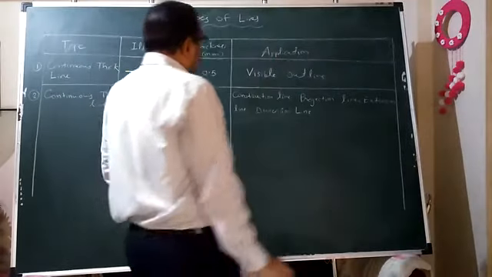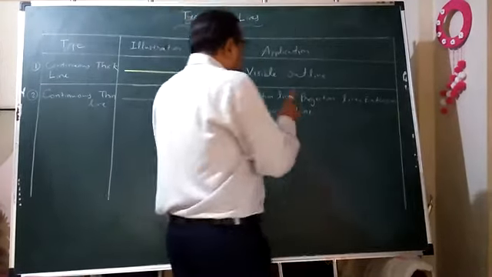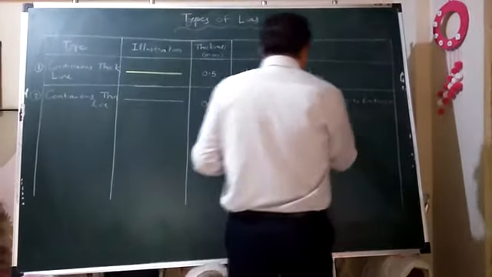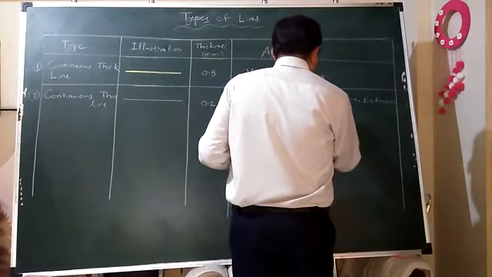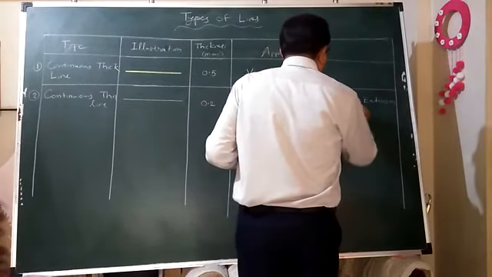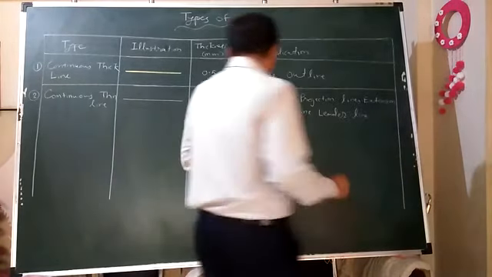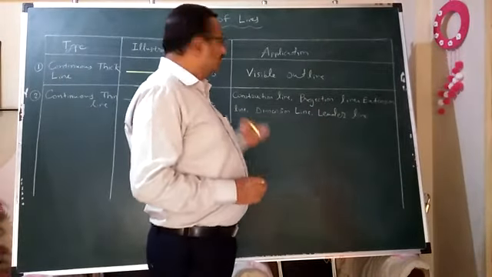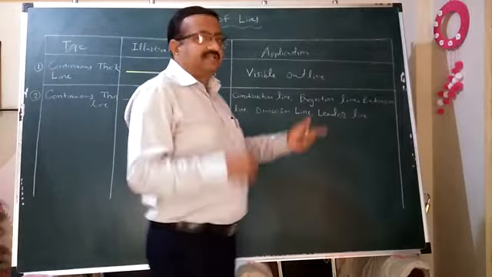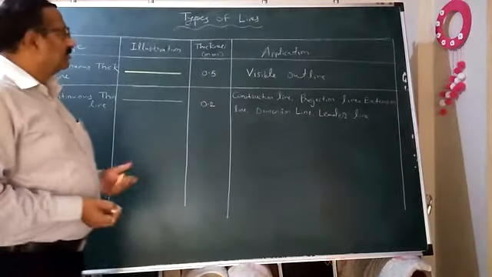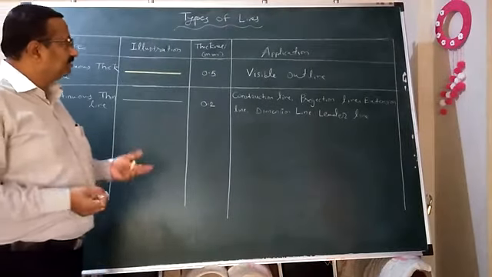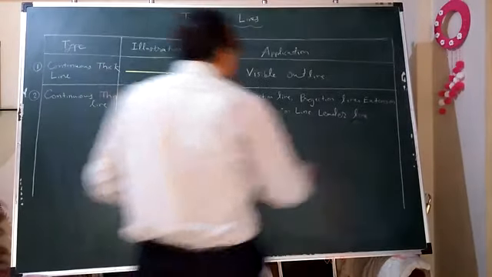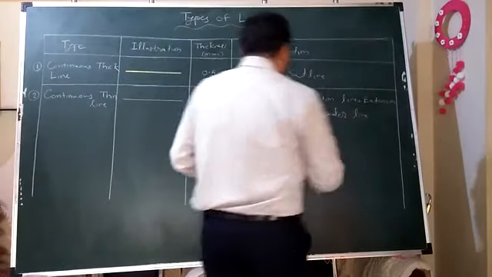Okay. After that, construction line, projection line, extension line, dimension line, leader line. Different applications are there for these lines. One by one we will see later on. What do you mean by leader line? What do you mean by projection line? What do you mean by extension line? What do you mean by dimension line? What is meant by construction line? That we will see one by one. Right now you just have to note this.